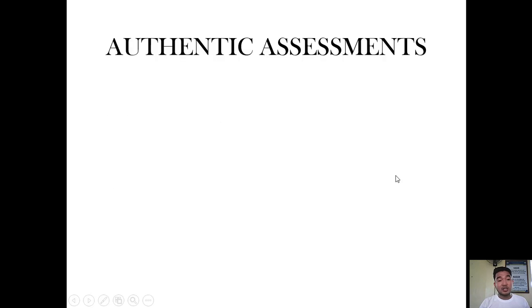We move on to the second type of assessment, which is the authentic assessment. Here are the different definitions of authentic assessment cited by different authors. The first one, according to John Mueller, 2011, authentic assessment is a meaningful application of essential knowledge and skills to create real-world tasks. Next, as cited by Grant Wiggins, 1987, it is giving adult-like problems or situations to students wherein